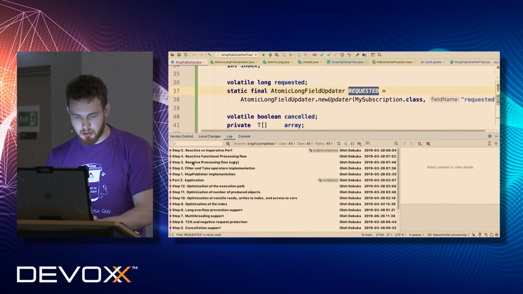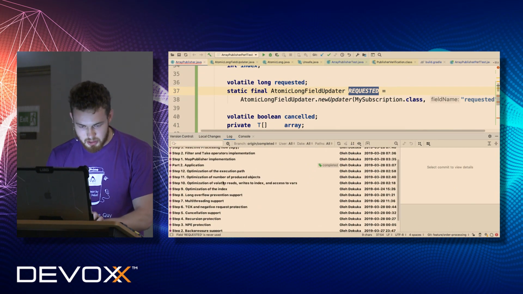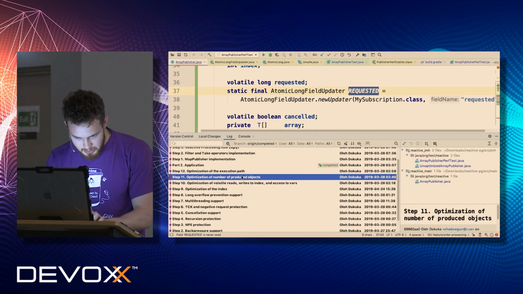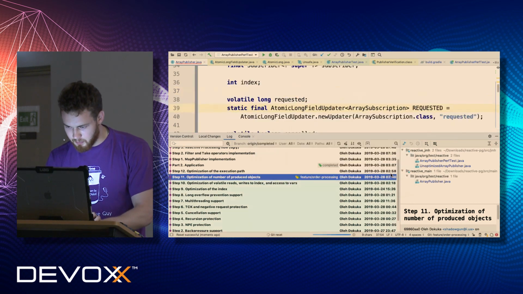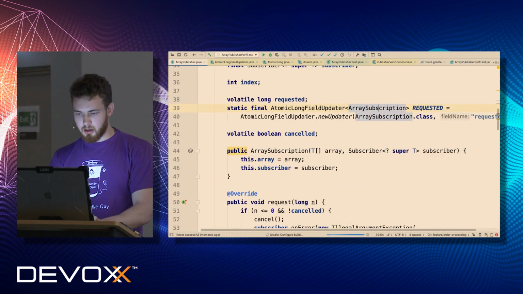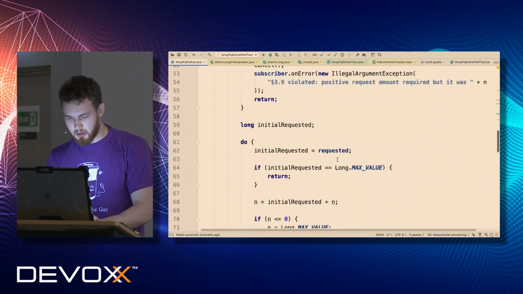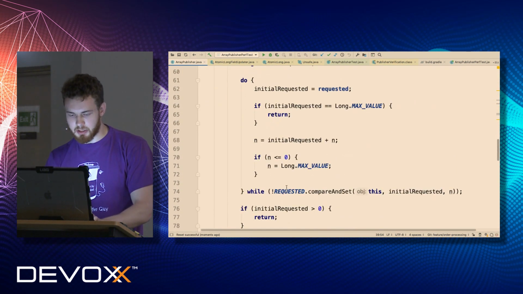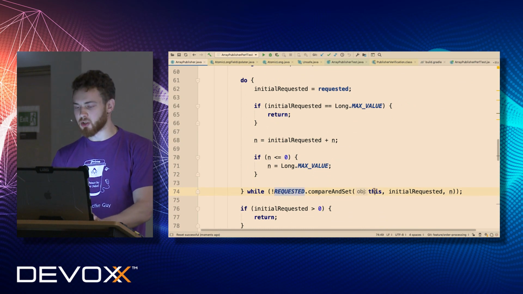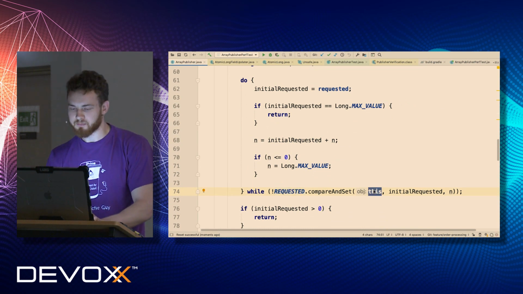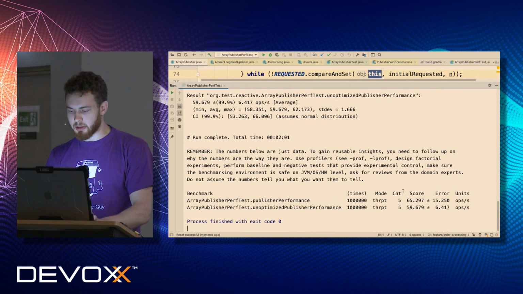So let me quickly switch to the proper final implementation, the same implementation but a little bit more fixed, since now I'm using requested and just providing the current object, and that's it. Now let's go back to our tests.